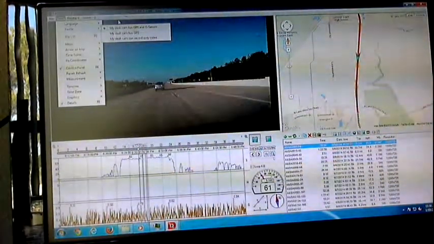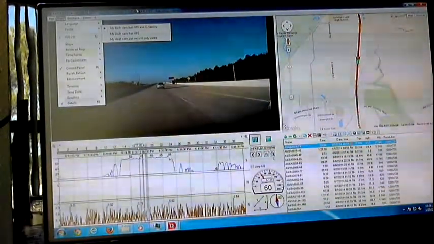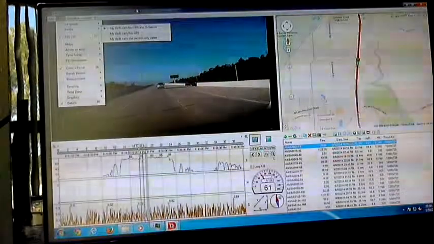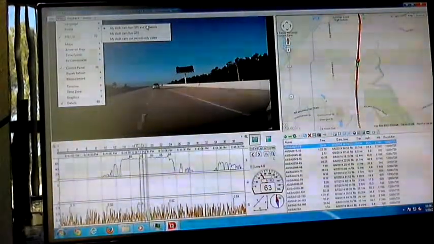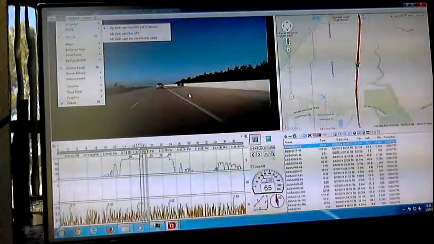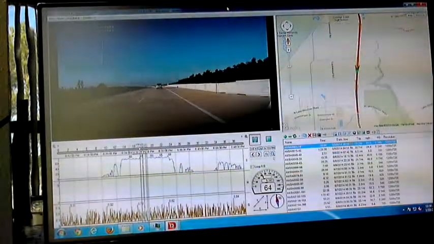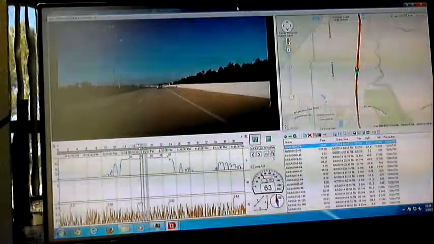Well, you just have a basic player, you can use Media Player for that. The important thing here is we can reconstruct, based upon the GPS data and the G-sensor data that's stored in that log file, what's going on during the trip. And the fact that this is a generic player is very nice,